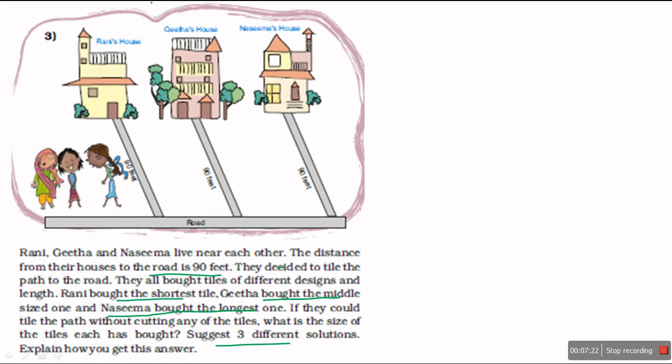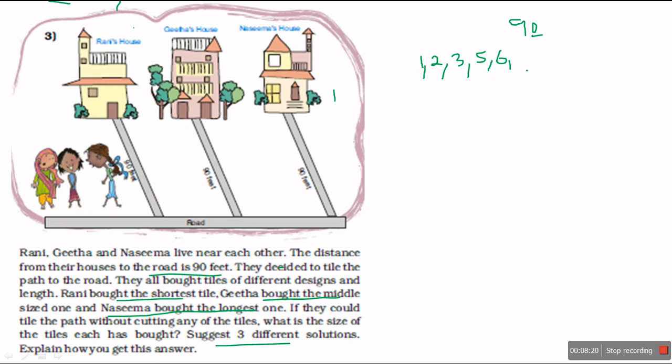So again, the answer lies in the factors. Let us find the factors of 90. 90 is the size of the path. What could be the factors? 1. 1 is a factor of every number. Because at the unit place it is 0 and it is an even number, 2 is also its factor. Because 9 is in the table of 3, 3 is also its factor. 4 is not a factor. 5, yes, because if 5 or 0 is at the unit place, it is a factor of 5. Because it is a factor of 2 and of 3, it is a factor of 6.